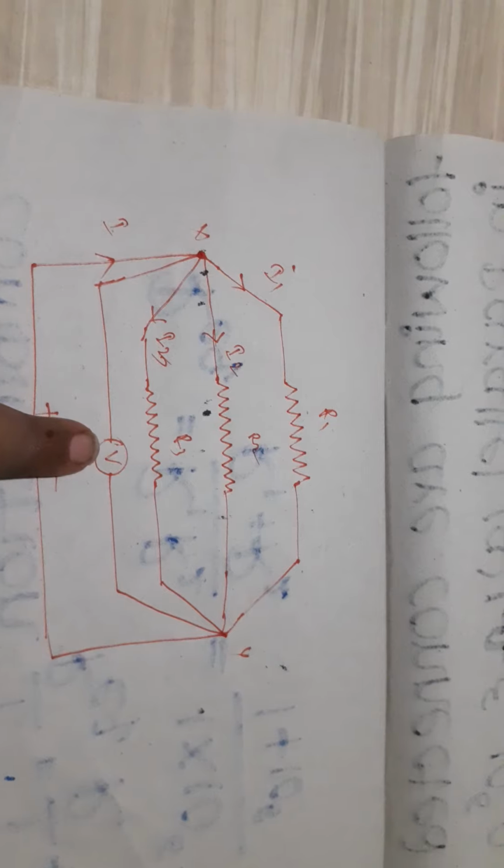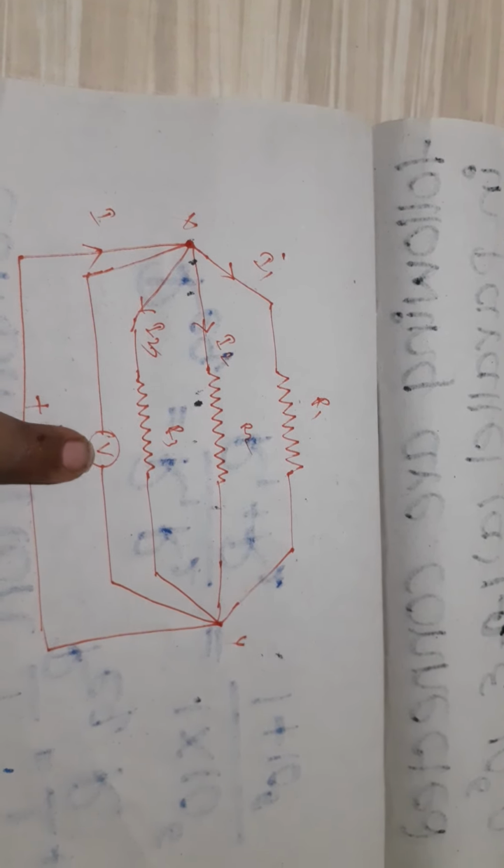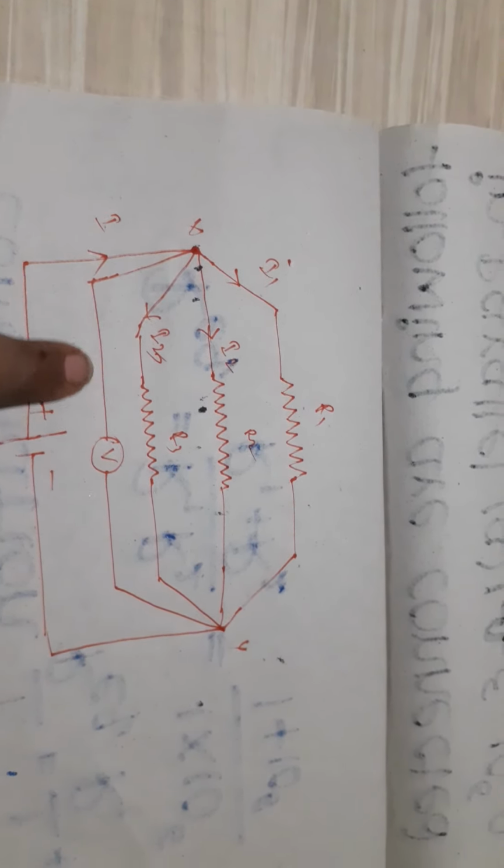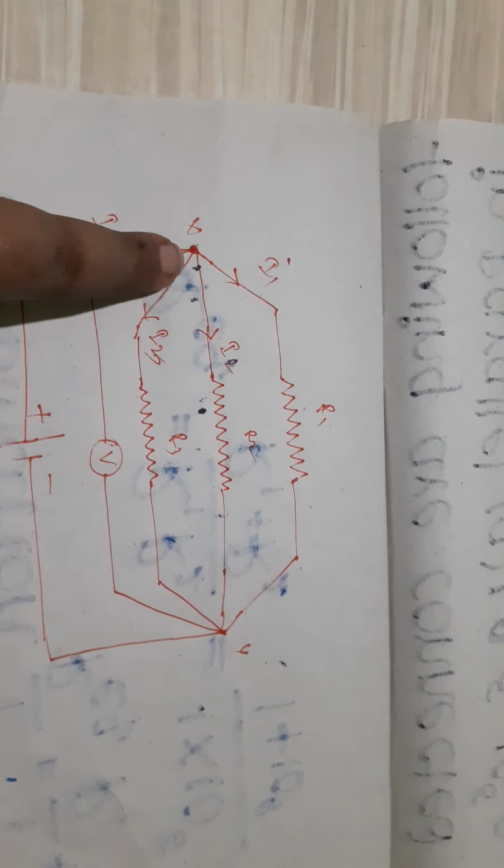A voltmeter can be used to measure the potential difference. The voltmeter is connected parallel to the parallel combination. So at any point of the junctions X and Y, the potential difference is the same in the parallel combination. So current can be divided into I1, I2, I3, but potential difference is the same in parallel combination.